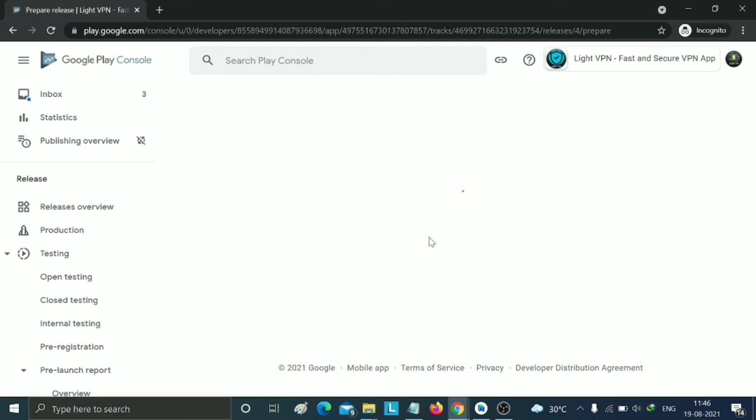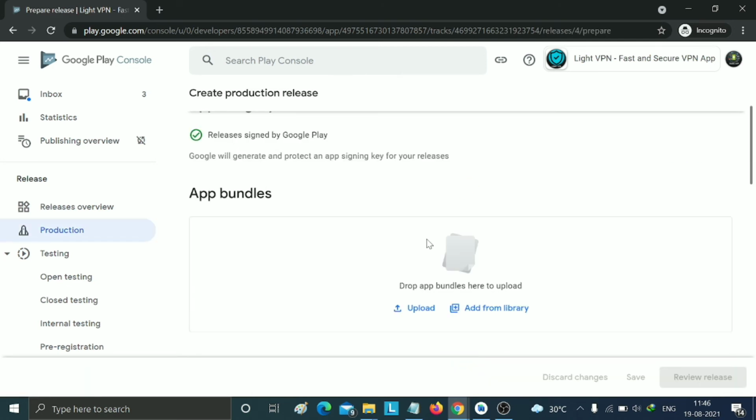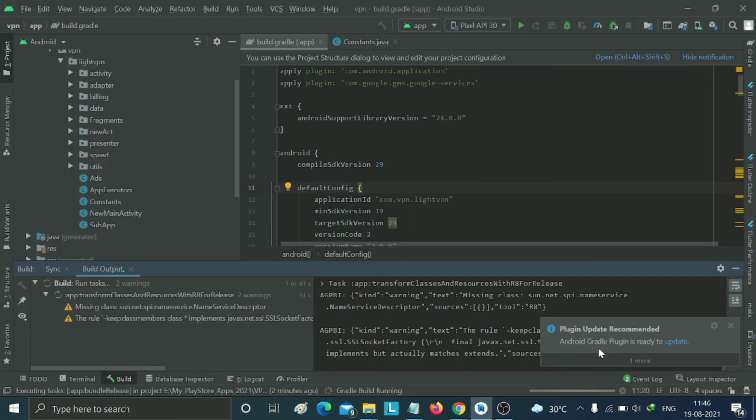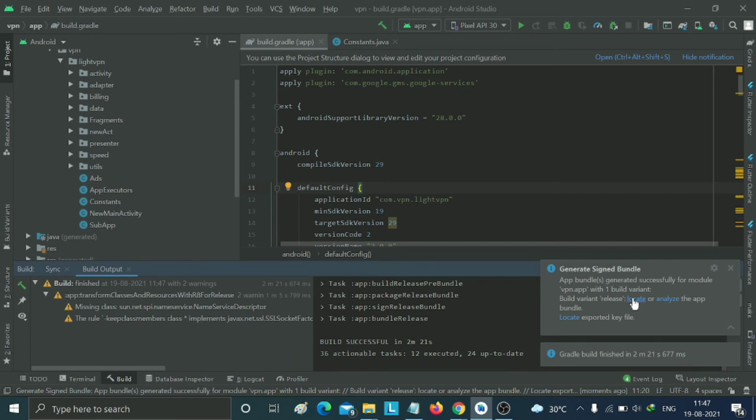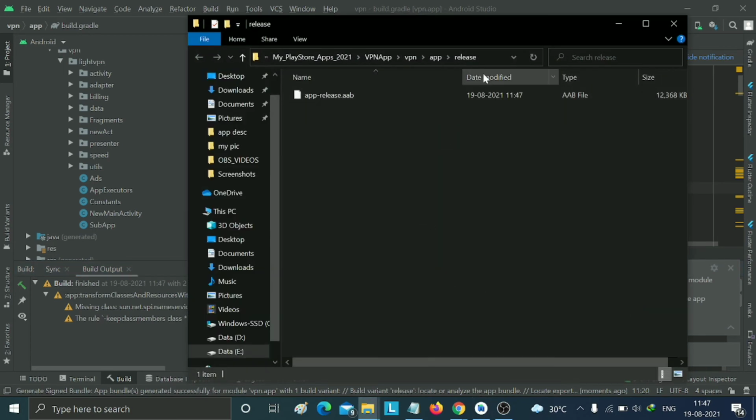Fine. So first I create the app bundle again. You can check this. Just wait for some minutes until our signed APK file is generated. Now you can check that the signed bundle is generated successfully.